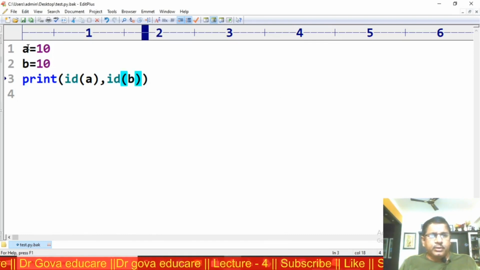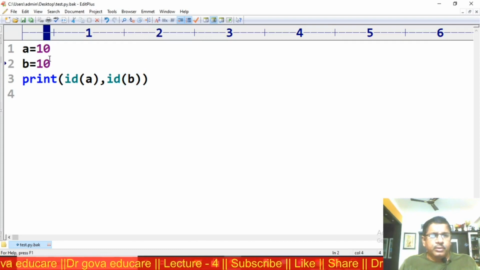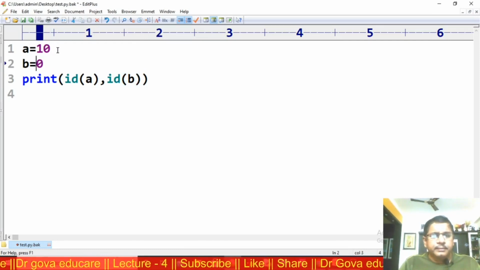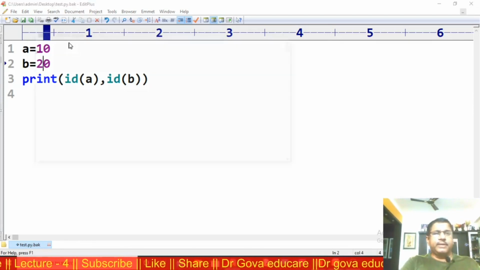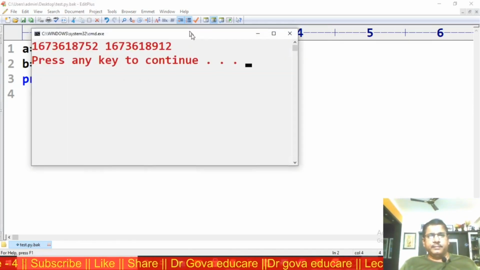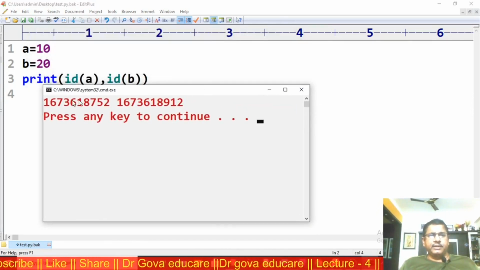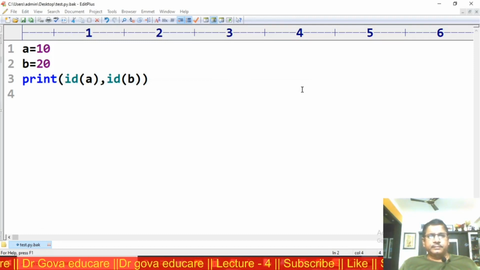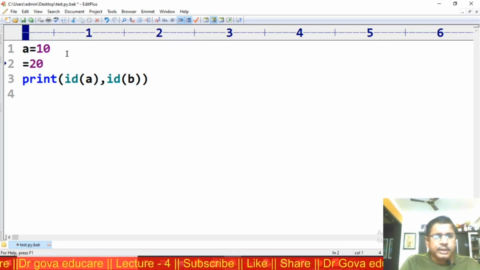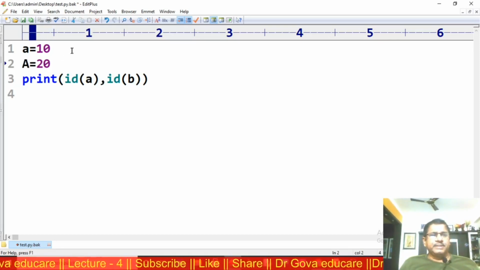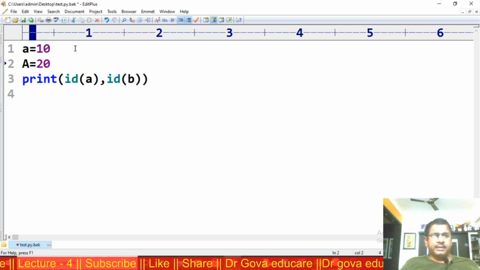Now A is equal to 10, B is equal to 20. Now there are two different objects. The address of A is different, the address of B is different. Now suppose small a is equal to 10, capital A is equal to 20.